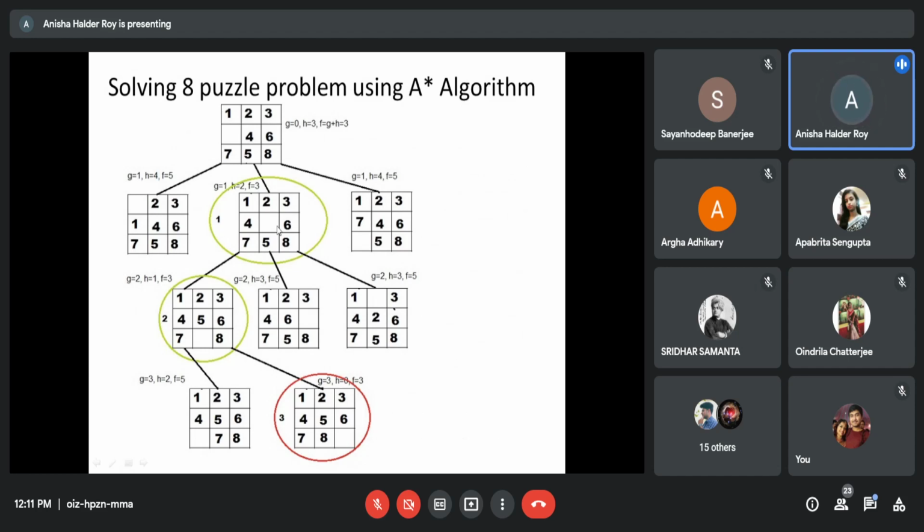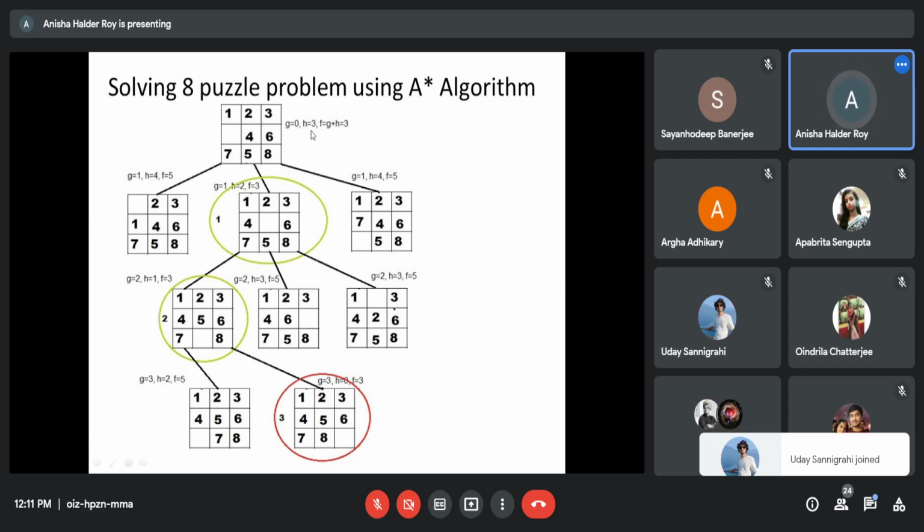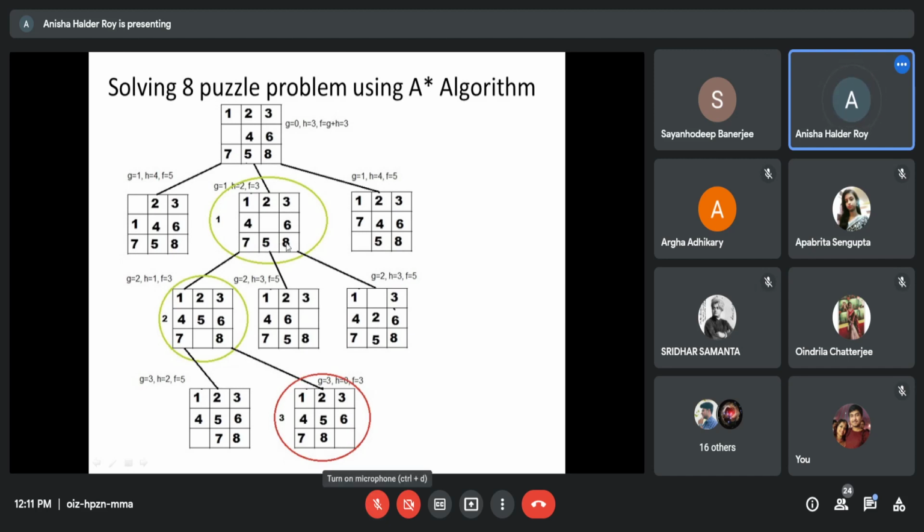Now the g value plus h value is equal to your f value. So in the first position 0 plus 3 is equal to 3. Here 4 plus 1 equal to 5. এখানে হিউরিস্টিকটা একটু নিজেরা দেখো, 2ই বেরোচ্ছে নিশ্চয়ই। 1 2 3 4, 4 ব্ল্যাঙ্ক ধরছি না, 6 6 7 7, আচ্ছা লাস্টের দুটো শুধু 5 8 8 ব্ল্যাঙ্ক। So heuristic is 2. Here f value is 3, here f value is 5. Here f value is 5, f value is 3 here, f value is 5 here.